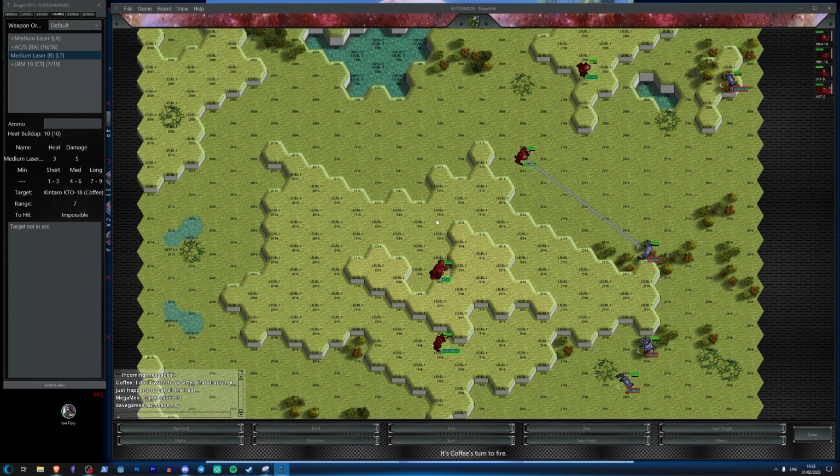So we've got a choice, right? We can go for this Kintaro, and we can actually hit 9s on that. It's 10s on the Orion. So yeah, let's go for this Kintaro here. I'm spreading my fire out a little bit. I shouldn't really do that, but I'm more bothered about hitting at this point. Like I really want to do some damage now, so